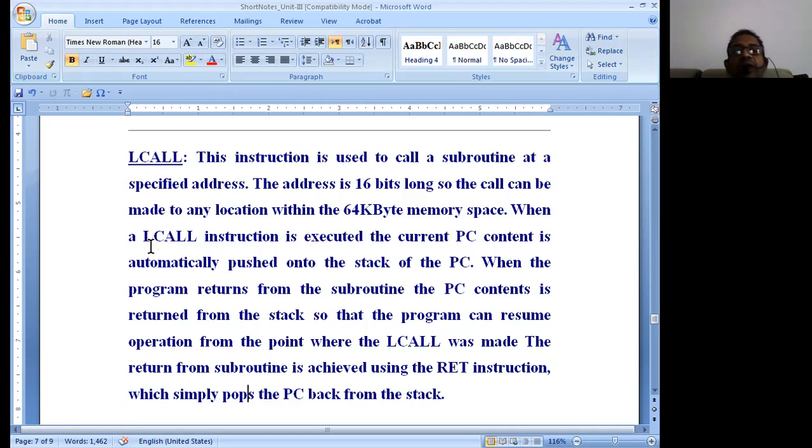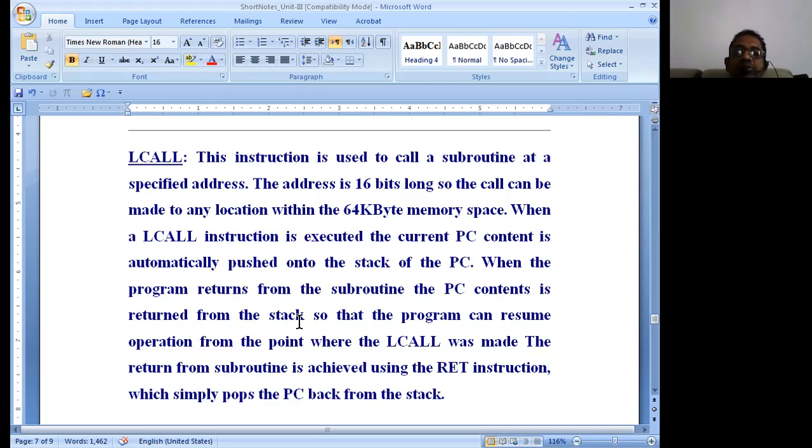What happens by executing this call automatically? When the LCALL instruction is executed, the program counter content is automatically pushed onto the stack. Then the control jumps to the specified location and executes the instructions. When the program returns from the subroutine, the PC contents are restored from the stack.